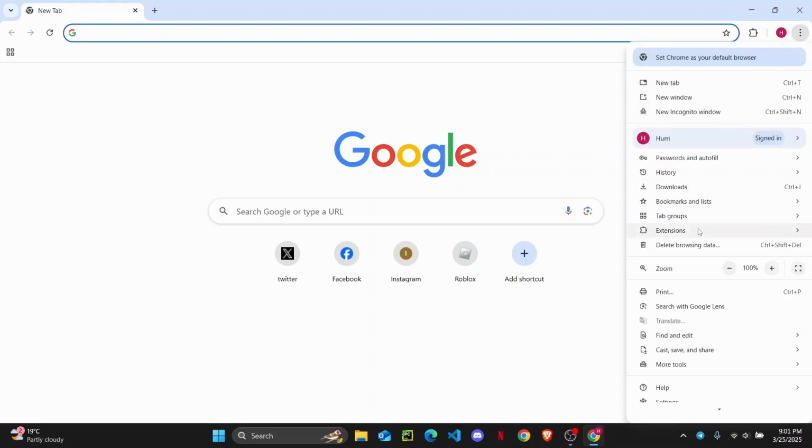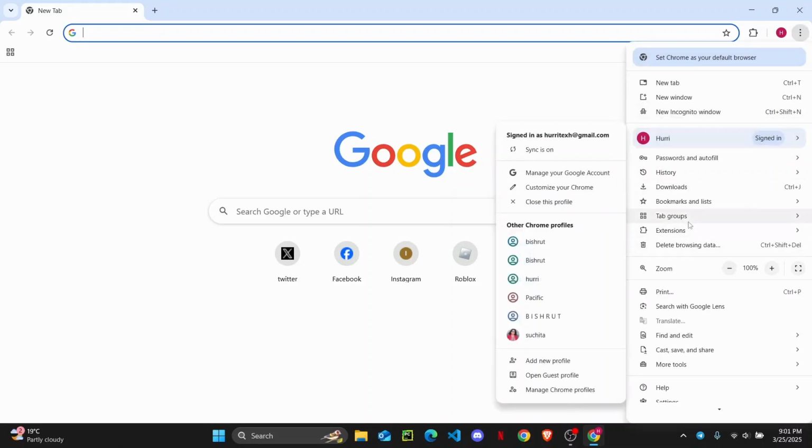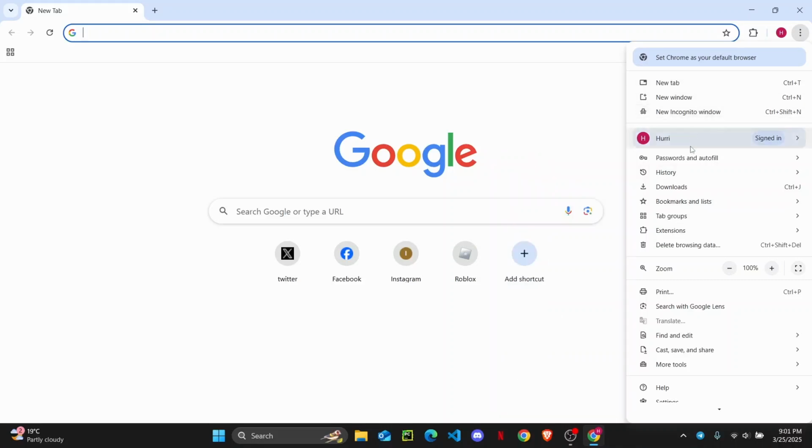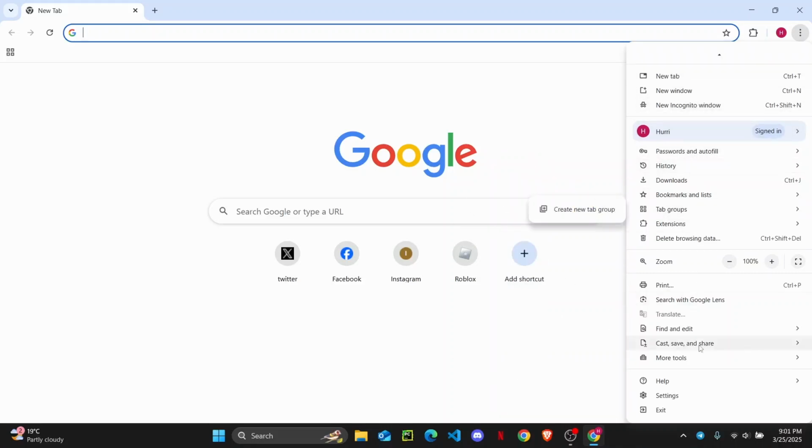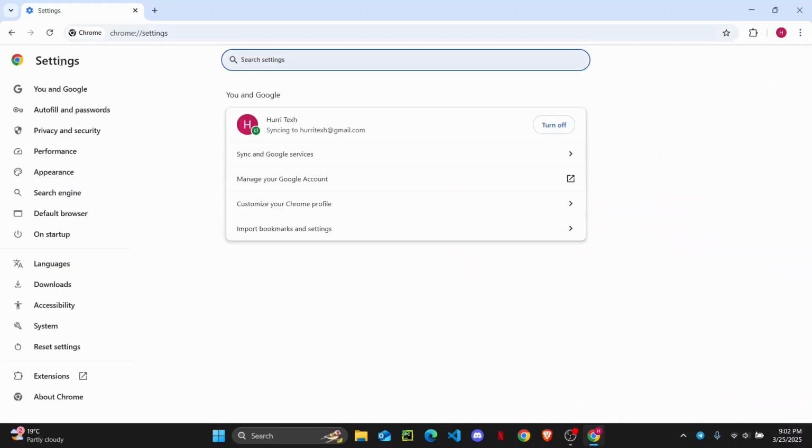Now from here a menu will pop up, and on this menu all you have to do is simply head over to your settings by scrolling down and clicking on the gear icon. Once you land on your settings page, you just need to head over to privacy and security on the left